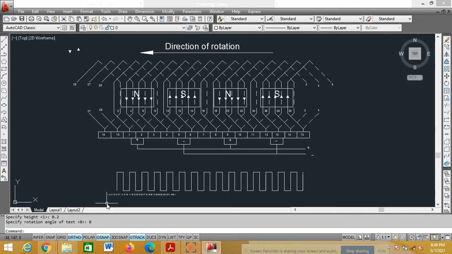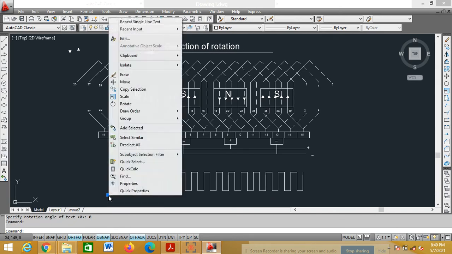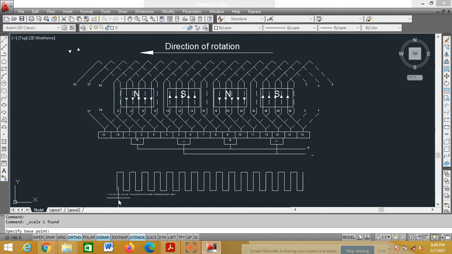So this is how we are numbering. Accordingly, you can do the scaling here. Select this, right click on this, go for scale, select the base point. It will ask the scale factor. Scale factor you can give it as 0.5, enter. No. 0.5 means it is reducing. So what I should do? Again I should go to scale, select the base point. Scale factor, I'll give it as 1, enter. So it's not coming. Again, you have to increase.